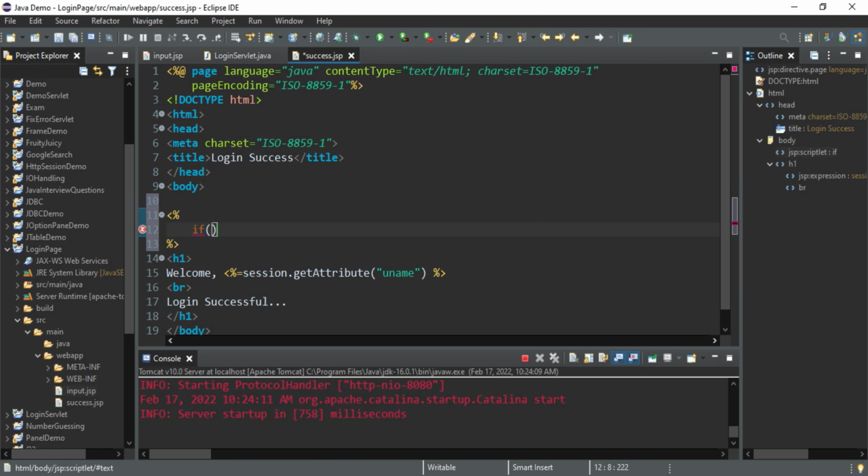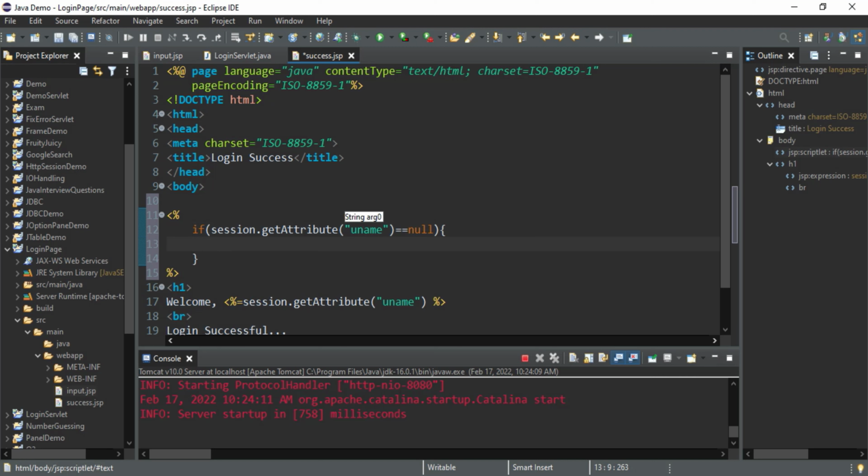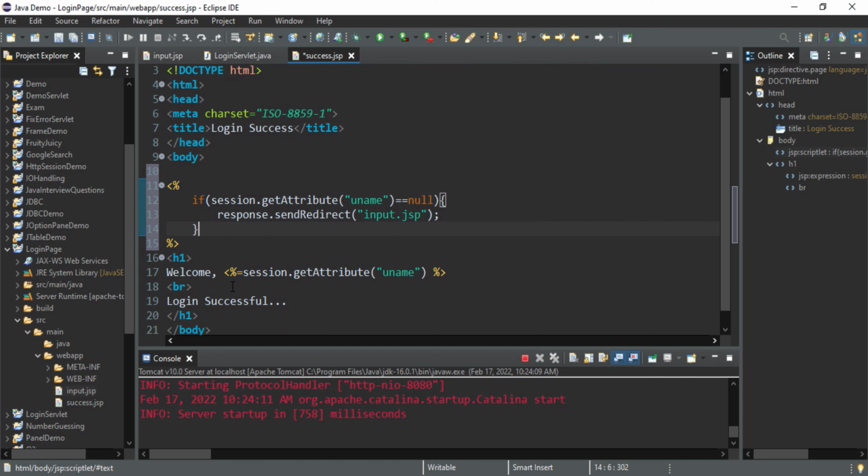So I'm writing if session.getAttribute uname is equal to null, then I'm going to redirect the user to the input.jsp page. So response.sendRedirect, and where I'm going to redirect, the first page, that is input.jsp. If this is not the case, then it is going to show me my username.